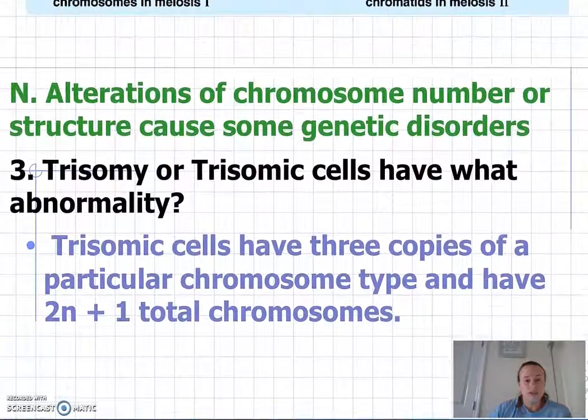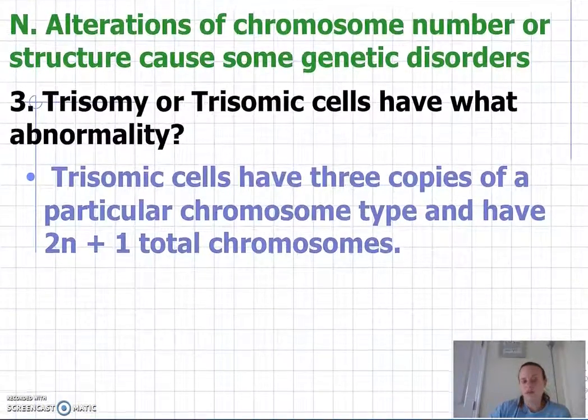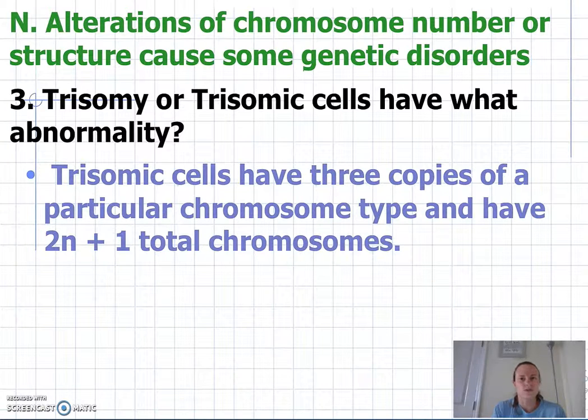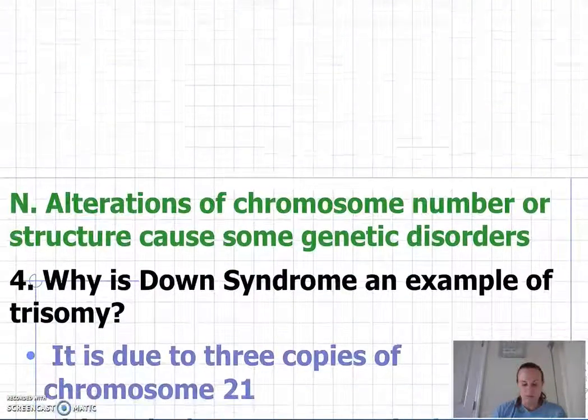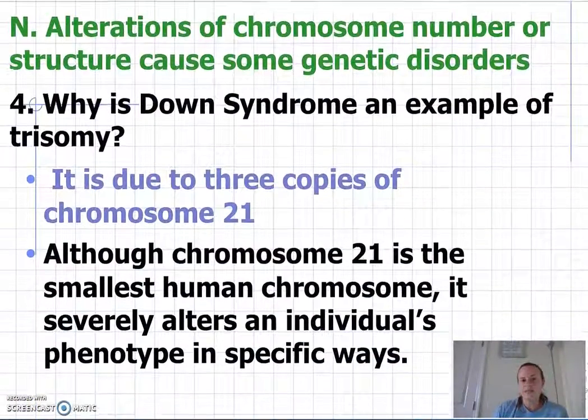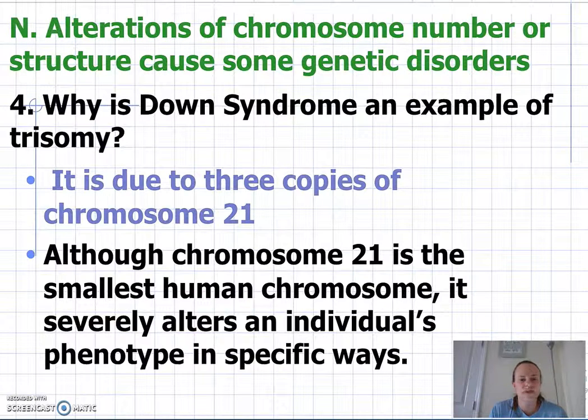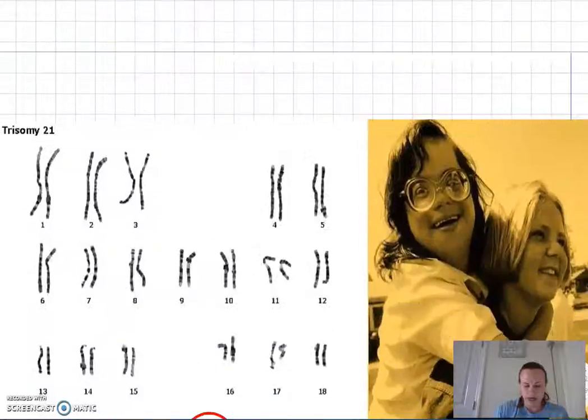Now, what this non-disjunction leads to is different potential chromosomal disorders, such as trisomy. So trisomy is when the cell has 3 copies of a particular chromosome. The most well-known example of a disorder that occurs because of trisomy is Down syndrome, where you have 3 copies